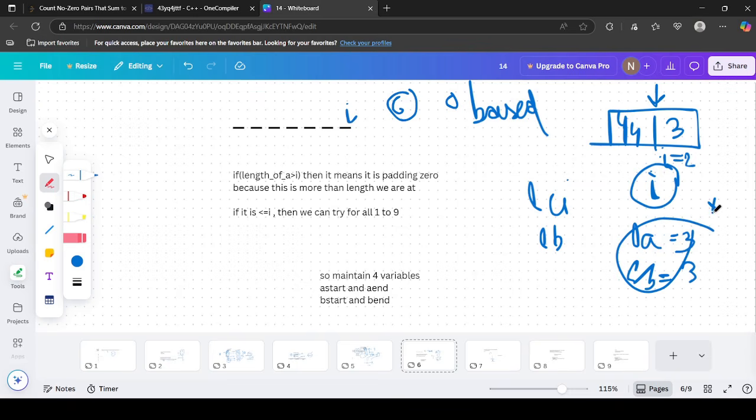So this is not valid because we are at index I is equal to 2. So only these can be considered. So if the length of A which we are at inside the loop is more than I, this means that this is not a valid A because the digit is up to only I. How can the length be more than I? This means that this is simply padding,